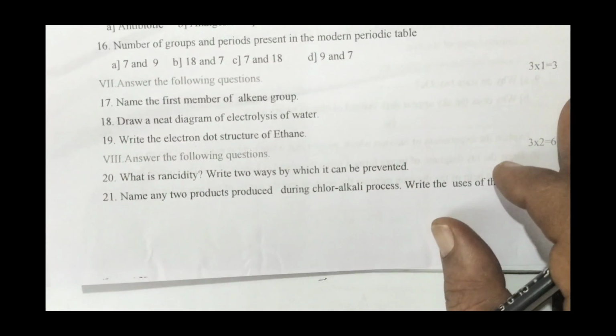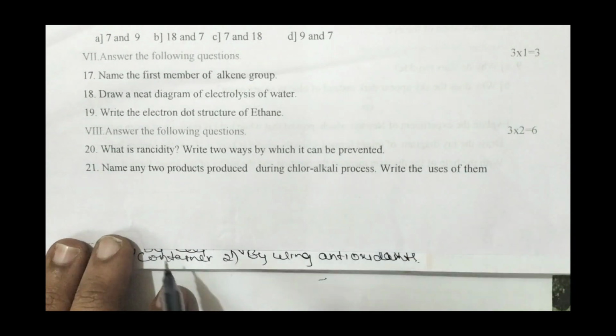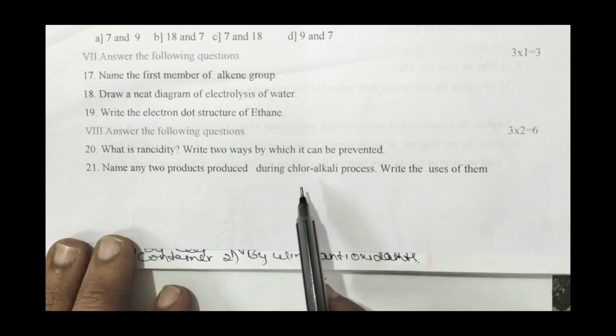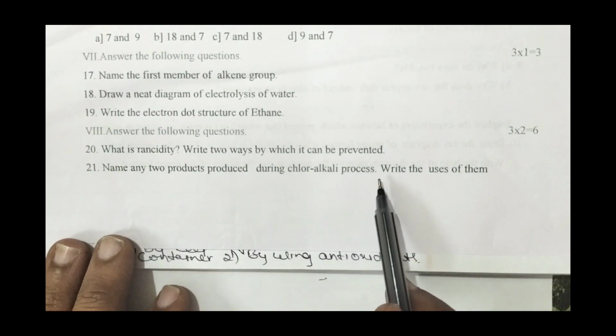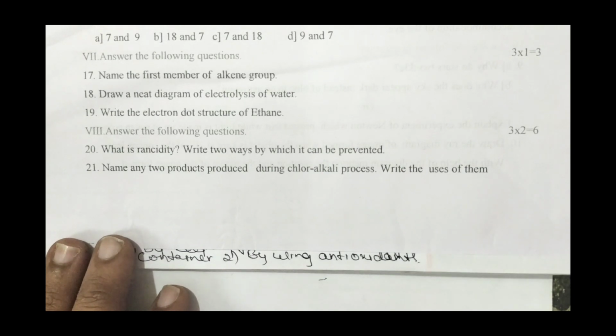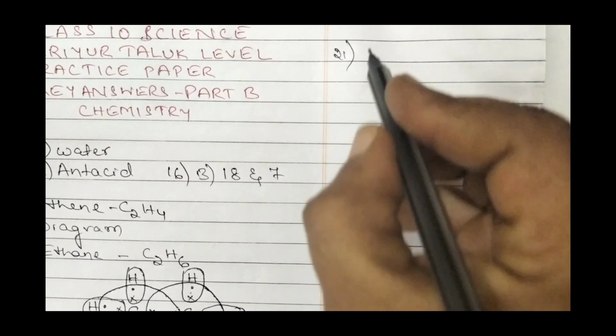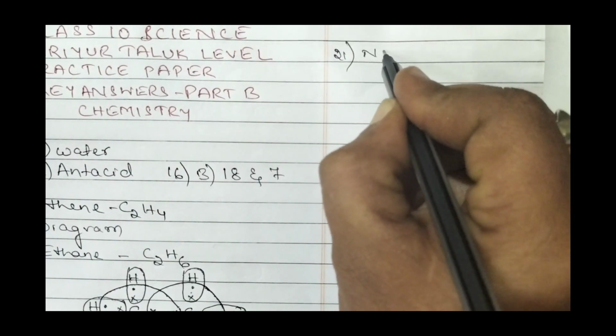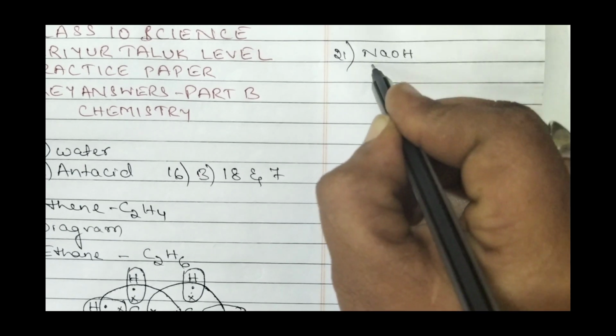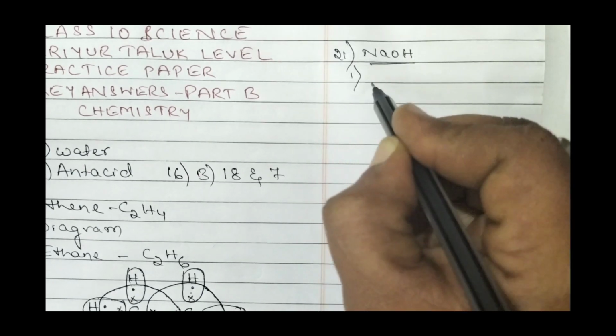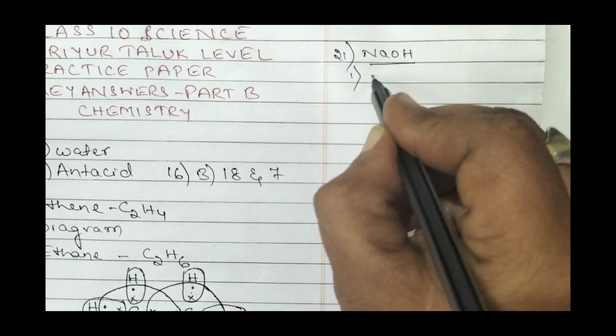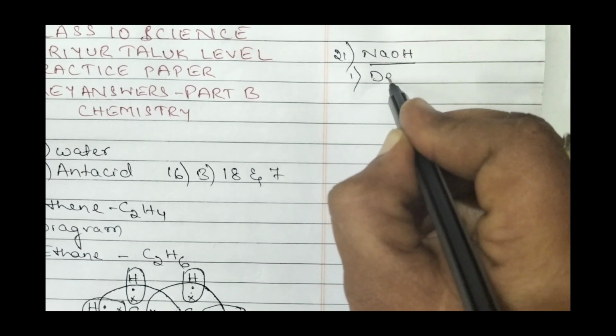Let us move for question number 21. Name any two products produced during chlor-alkali process. Write the uses of them. So let us answer question number 21 now. The product collected during chlor-alkali process is, one is sodium hydroxide, and this sodium hydroxide is used in degreasing